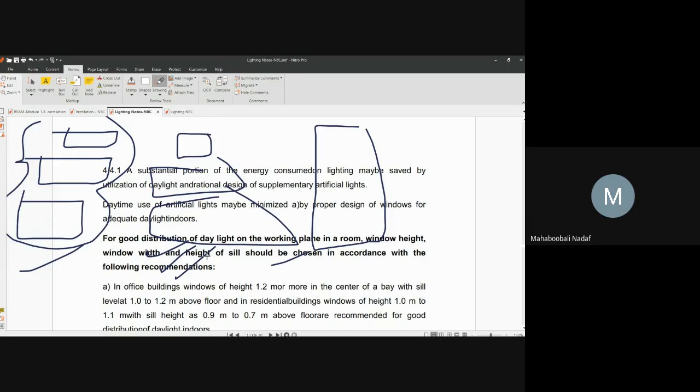Yes, sir. Okay, next point is what? Next point, you can understand that by installing solar photovoltaic luminaires, which convert solar energy into electrical and light energy, you can also save energy. Okay, energy efficient. And the fourth point is what? By controlling with an automatic system. What is that? If you are using the room, the light is automatically on. If you are not using it, when you come outside, the light system is automatically off. From this also you can save electricity or energy.